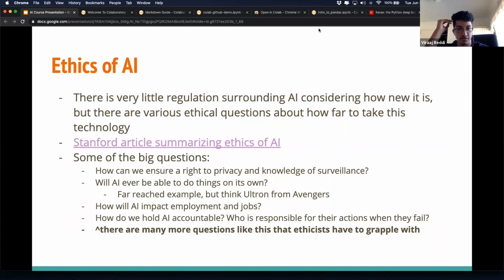How do we know how private our information really is? Will AI ever reach the point where it controls itself and turns into Ultron? How do we hold AI accountable? Is the AI itself responsible for its actions, or is the person who designed it responsible when we end up in a bad situation? I linked a Stanford article up here that basically summarizes everything.